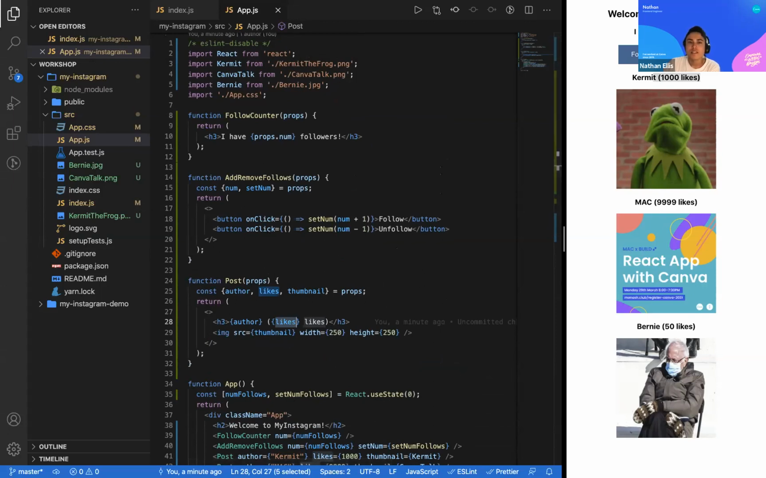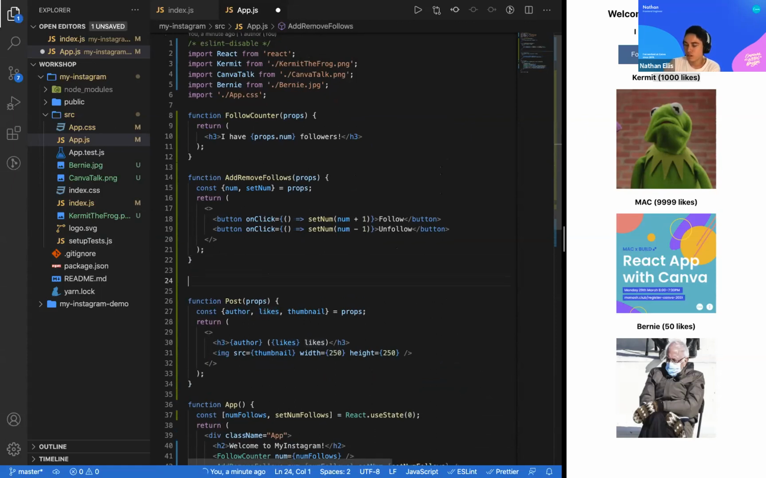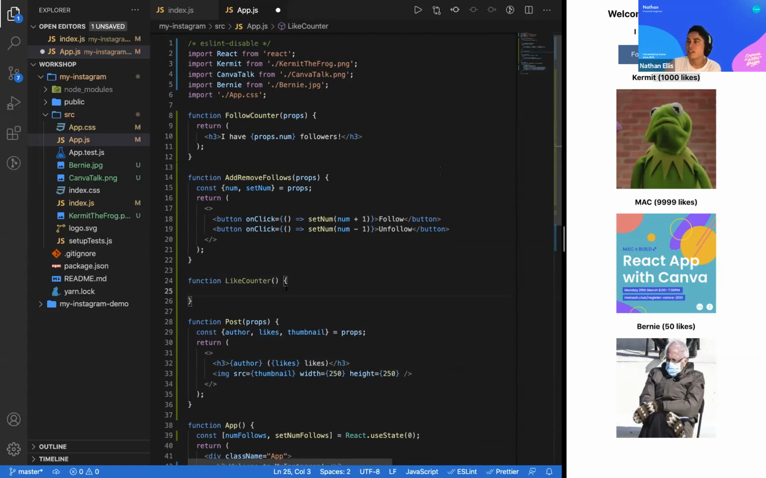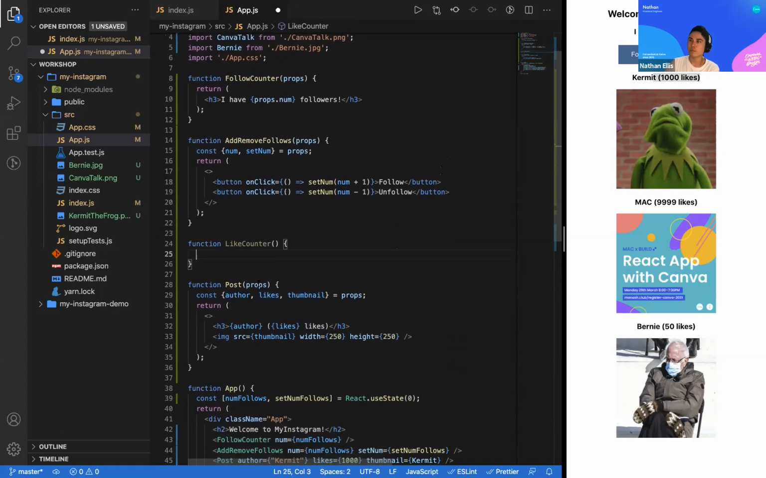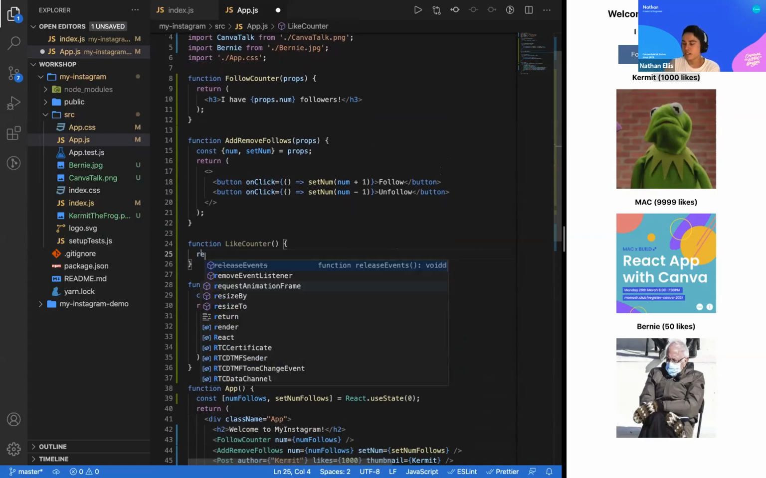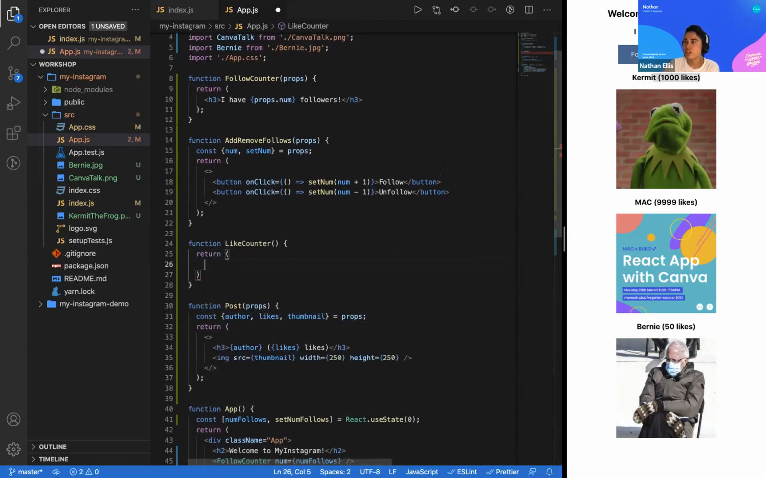What we might do instead is create a new component which deals with each of these likes. So I'm going to create a new component, which is just going to be a like counter, the same way that we had a follow counter from before. But this time we're not going to pass in any properties. This is just going to exist by itself. And inside of here, we're going to return another element,